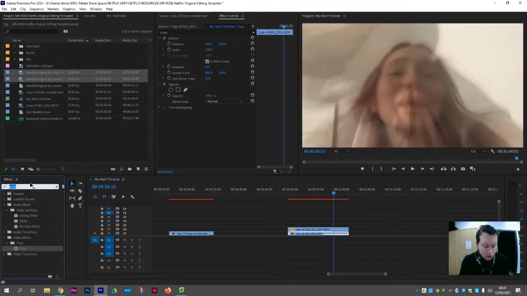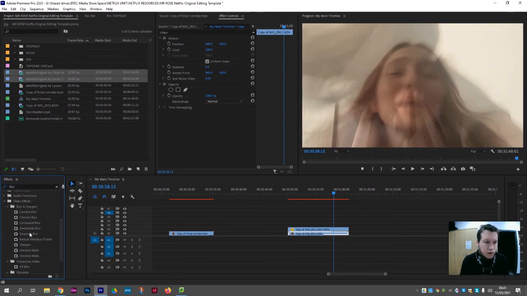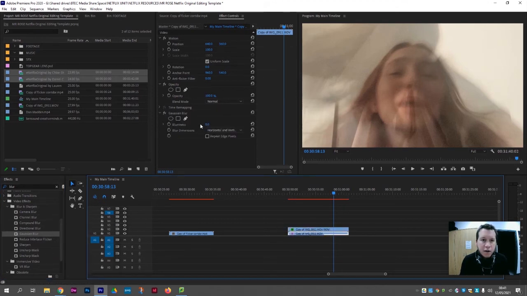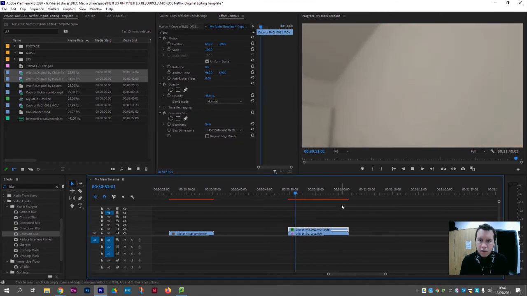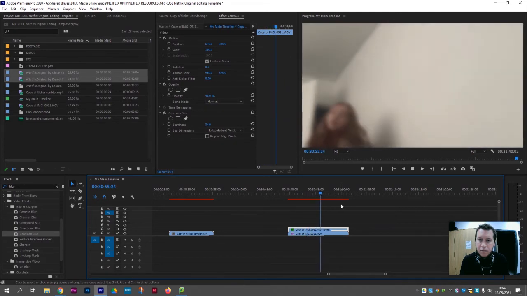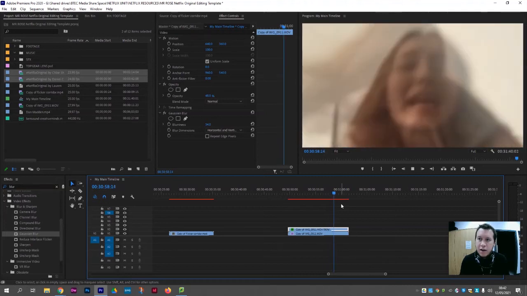There's perhaps another effect we could add, the Gaussian blur. We might want to add it to both layers, so I'm going to drag that onto both layers, and I might now, out of trial and error, see what that looks like if I blur one, if not both of those clips, and play that back now. That now perhaps looks like this character is suffering the said trauma, having echoes of memories,